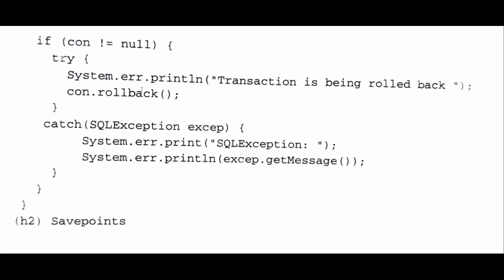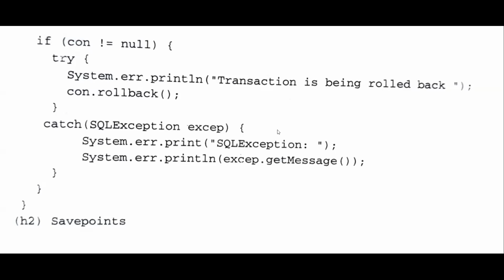The rollback method will remove all the changes made to the database since the previous commit statement. It will take the database to the previous commit state. This is one way of rolling back if there are any exceptions.